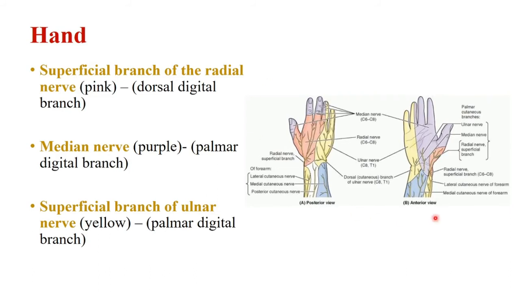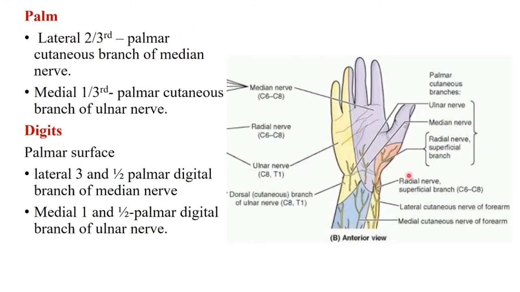Then comes the hand, whose supply we have not discussed yet. Now coming to the hand supply. Three nerves are mainly supplying the hand with cutaneous sensation: the superficial branch of the radial nerve, the median nerve, and the superficial branch of the ulnar nerve. So the radial nerve, median nerve and ulnar nerve supply the hand with sensory fibers. So these three, going with the specific area supply. Then going to the palmar side.